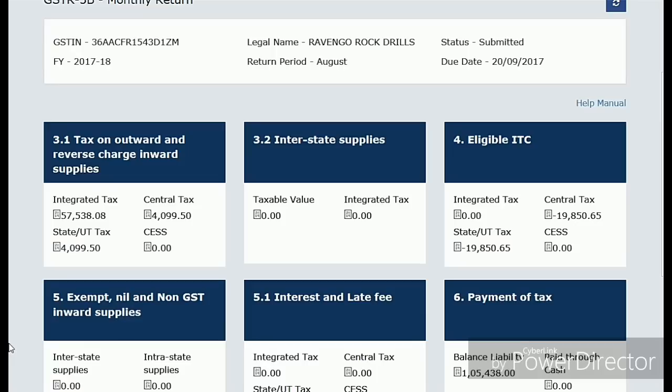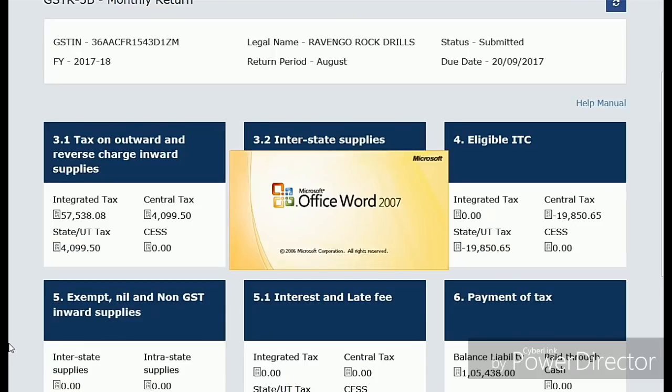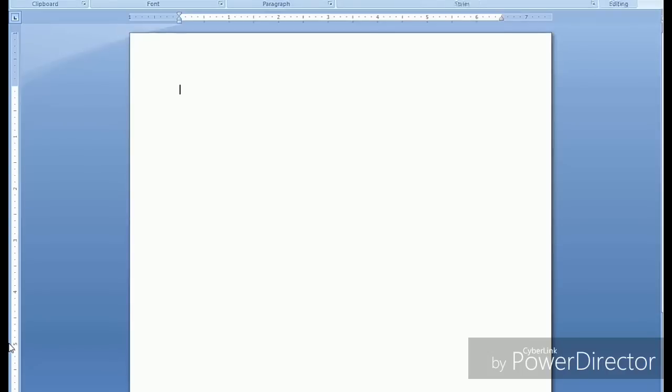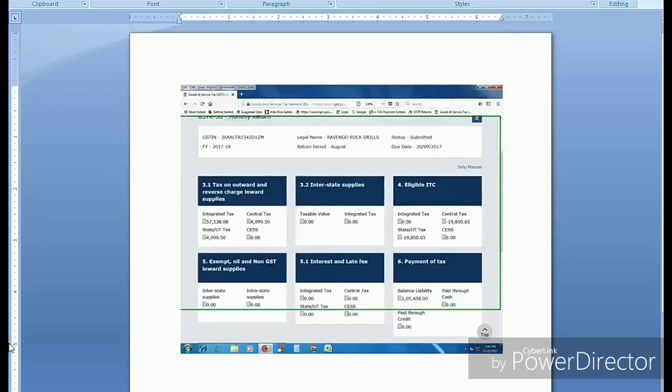So that's why I'm taking a screenshot before modification, and I'm saving it in my MS Word. Look, I saved my GSTR-3B in my MS Word application.